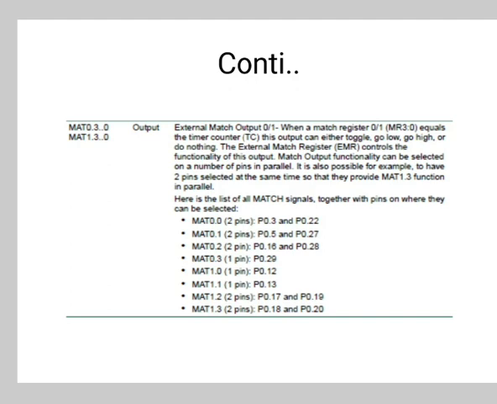Similarly, we have seen the same table for pin function select register 1 with different values, different bits, and functions. It has a different function for its different values. Next, pin function select register 2. It also consists of a table which has different bits, that is 0, 1, 2, 3 and 4 to 31. For bit 2, its symbol is GPIO debug, and GPIO trace is for bit 3.